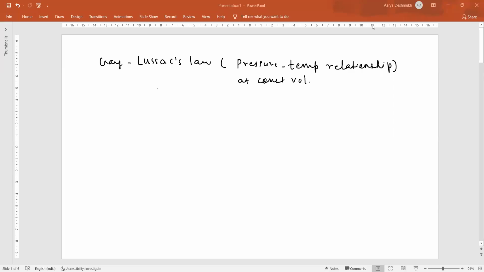Now let us start with the next law, that is Lussac's law. This is the pressure temperature relationship at constant volume. So at constant volume, we can write here the statement of the law. At constant volume,